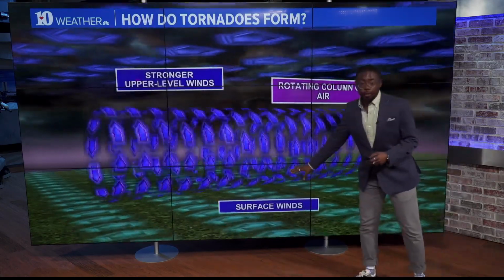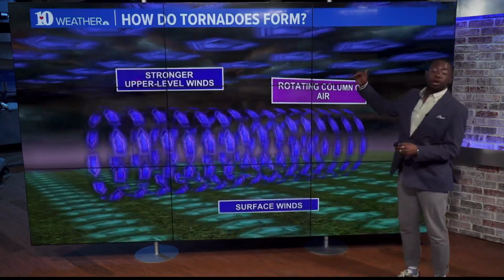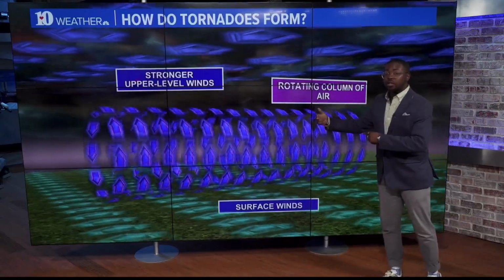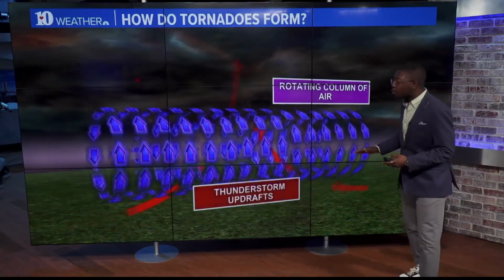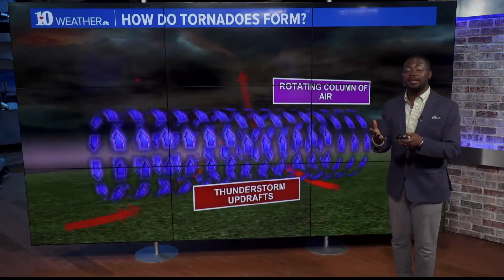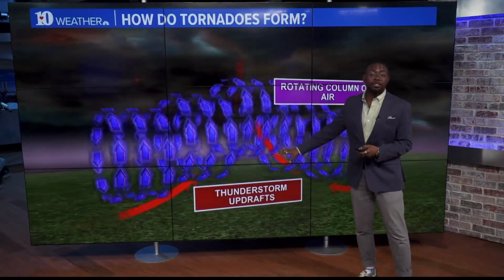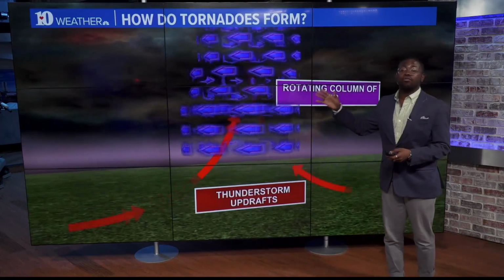You start with your surface winds here on the ground and combine that with your stronger upper level winds. The difference between those two, where your wind shear is going to create a rotating column of air. You combine that with your updraft, which is warm air rising. That's going to become the center of your low pressure system, and this then becomes a vertically rotating column of